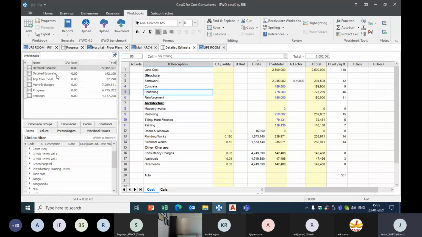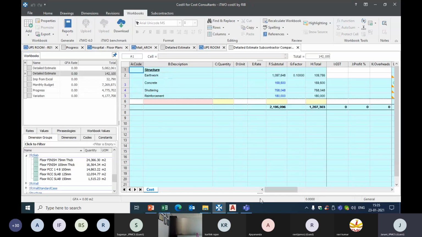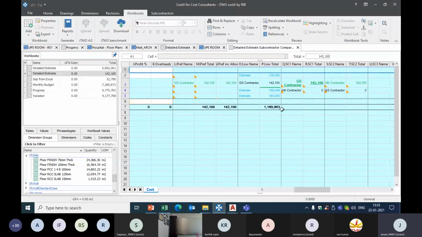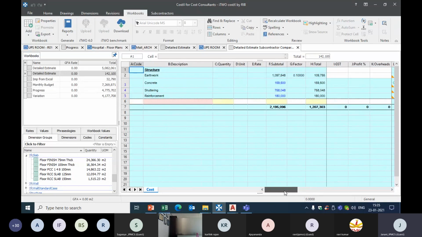Once we have exported our tender, we can prepare a contractor comparison estimate. Here we can list down our contractor list for each and every activity. Say out of my complete estimate, I have taken only the structure part. Say I'm going to send a tender only to a structure handling person, so I have extracted only 4 line items under structure. In this way, you can bifurcate your estimate into different packages.